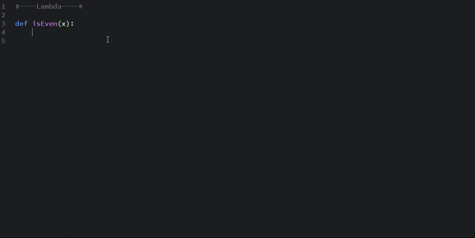Okay, so let's define it. So in this function we check if x mod 2 equals to 0, we return a true, otherwise we return false. Simple as that. Okay, so if you want to write the lambda version of it, we can simply say,